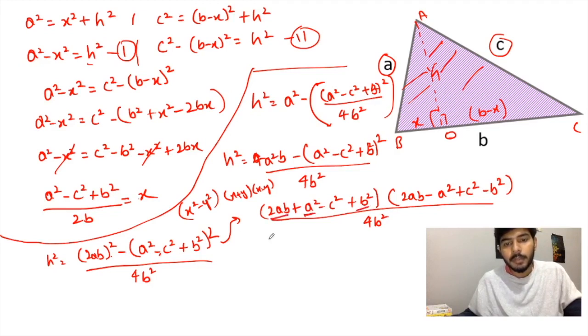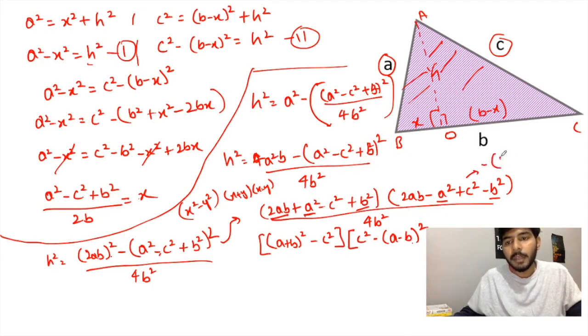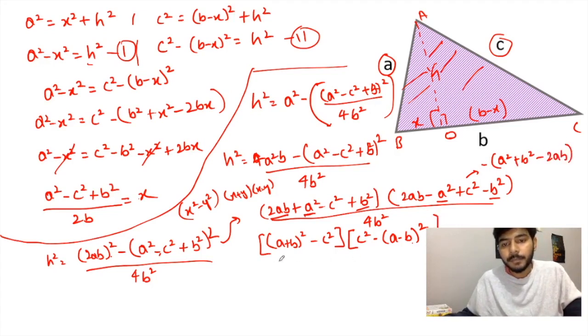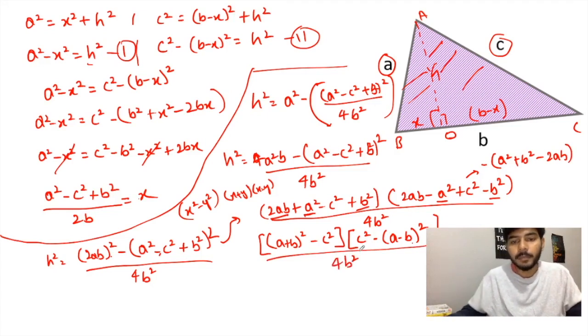यहाँ पे देखो A स्क्वायर B स्क्वायर और ये 2AB, तो क्या इसको हम लिख सकते हैं (A प्लस B) का होल स्क्वायर और माइनस यहाँ पे C स्क्वायर, ये एक ब्रैकेट अगर मैं बड़ा सा बना दूँ, और सेकेंड ब्रैकेट यहाँ सिमिलरली यहाँ पे माइनस A स्क्वायर है, यहाँ पे माइनस B स्क्वायर है, तो C स्क्वायर को रख के माइनस यहाँ पे होल्ड करते हैं, अगर कॉमन लेते हैं तो ब्रैकेट में क्या हो जाएगा, तो यहाँ पे माइनस (A माइनस B) होल स्क्वायर हो जाएगा। यहाँ पे सिमिलरली मैंने माइनस अगर कॉमन लिया है तो ब्रैकेट में A स्क्वायर माइनस B स्क्वायर, और ये जो चीज़ यहाँ पे प्लस में थी वो माइनस में हो गई, तो यहाँ पे 2AB हो गया, जिसको मैंने इस तरह ब्रेक किया है, तो नीचे डिनोमिनेटर क्या आ गया 4B स्क्वायर।